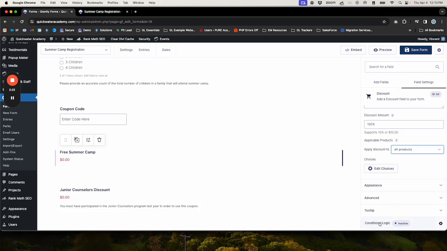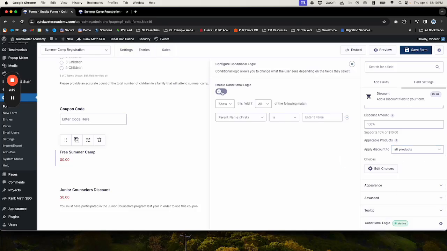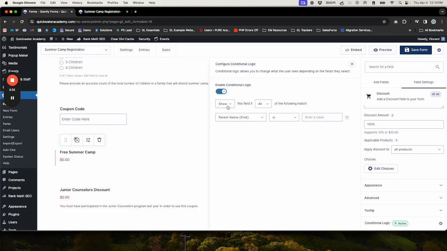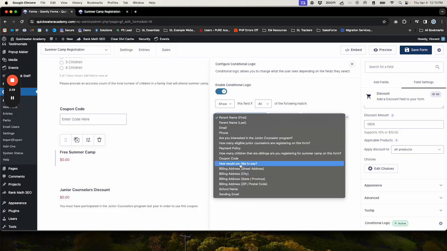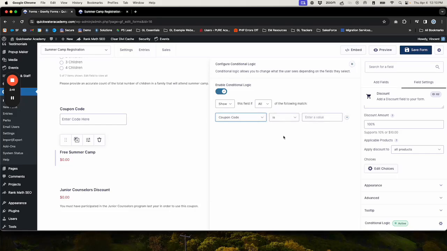Then the important part here, we're going to go down to the conditional logic tab at the bottom of these form field settings. Enable conditional logic, and this is where we set up the actual code. So we're going to show this field if all of the following match, and it's going to be the coupon code is, and here we can make up a coupon code,